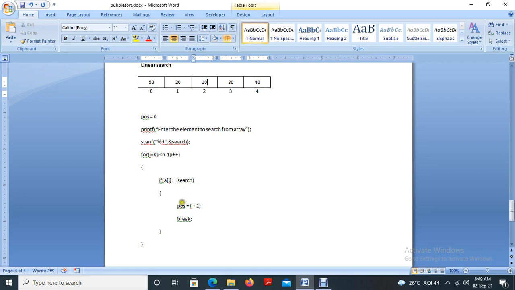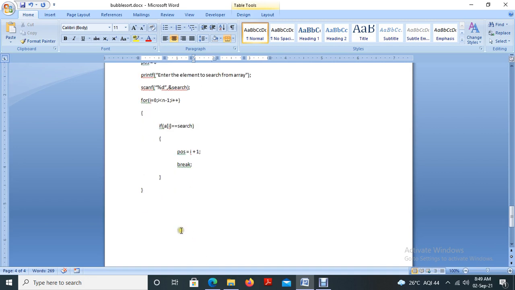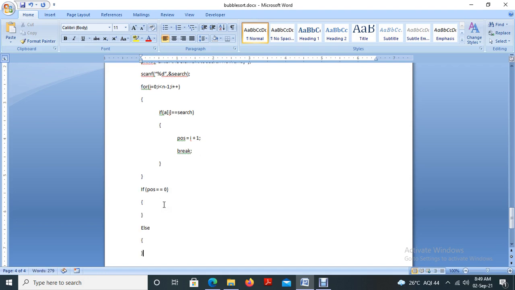At that time the value of POS is updated from 0 to 2 plus 1, that is 3. So if position equal to 0, then we say that the element is not available. Else we say that the element is available in the position.